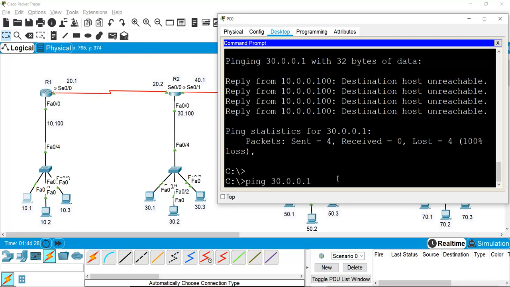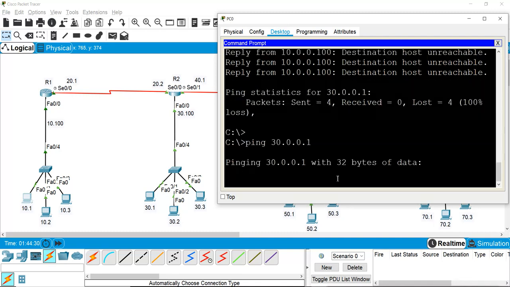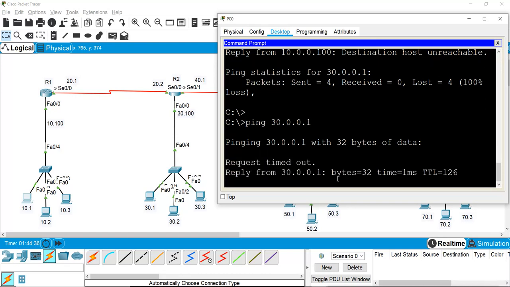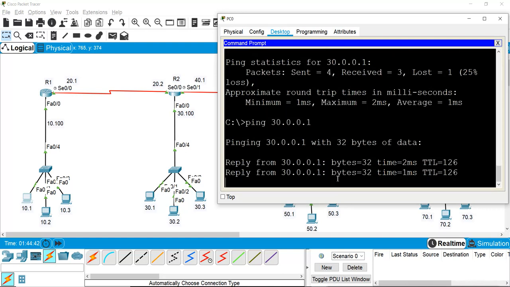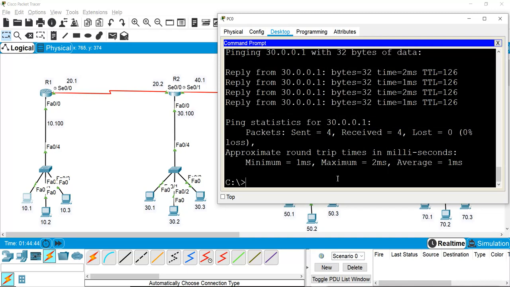But now the router knows about it, and now when I ping, we will get the reply. The first packet drops, but for the rest of the packets we got the reply. If I try again, we will not drop any packet, and we can see the reply.